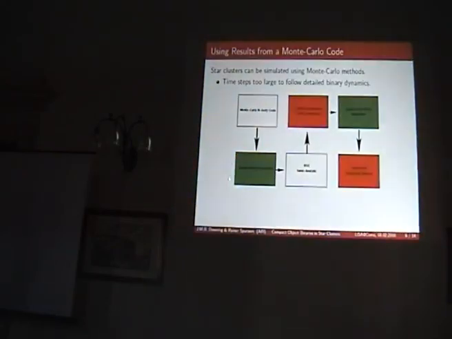So we can put these binaries, which run the gamut of all sorts of stars, into this binary stellar evolution code, and then we evolve them until the binary is double degenerate. At the end of this step, we have a series of binaries which run the gamut of combinations of white dwarfs, neutron stars, and black holes.